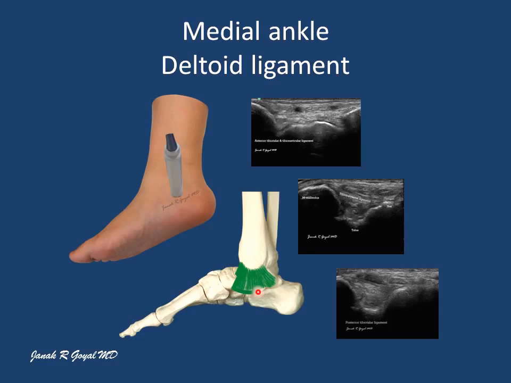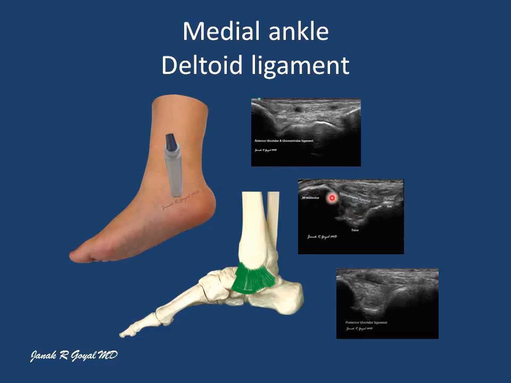For the examination of the deltoid ligament, the transducer is placed in a coronal plane at the medial malleolus and sustentaculum tali. Here is your medial malleolus and the sustentaculum tali to assess the tibio-calcaneal component of the deltoid ligament. Now rotate the distal end of the transducer anteriorly to assess the anterior